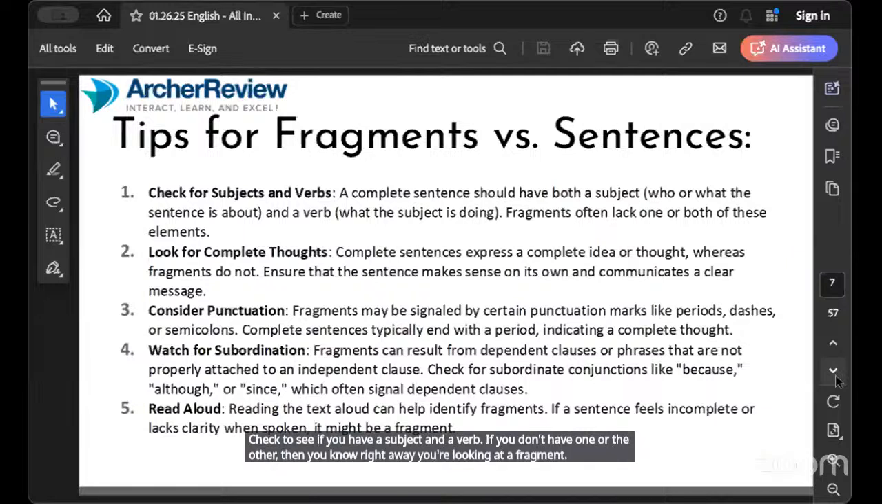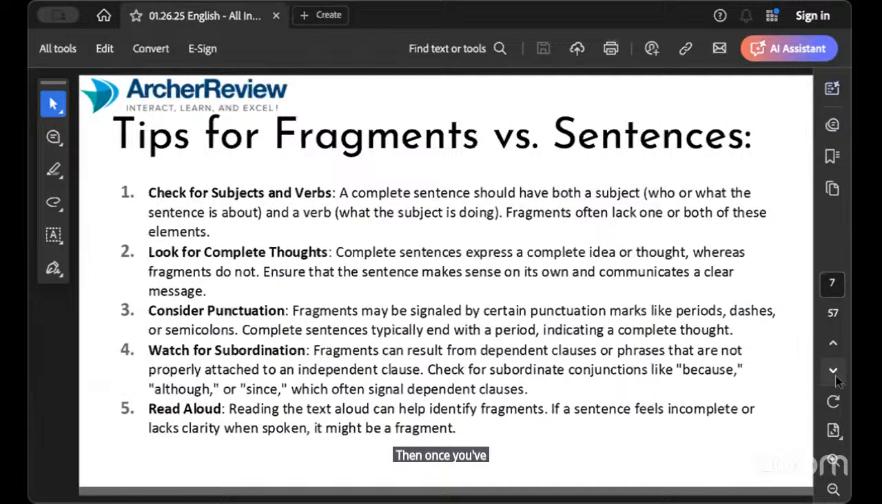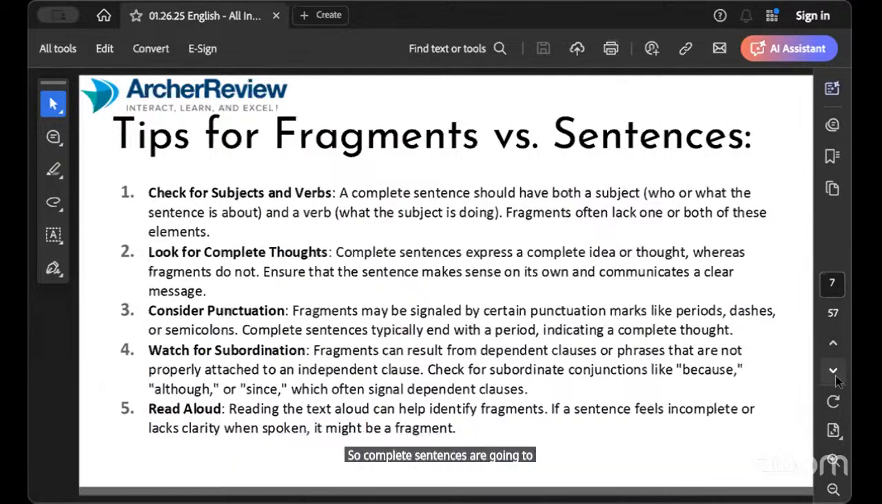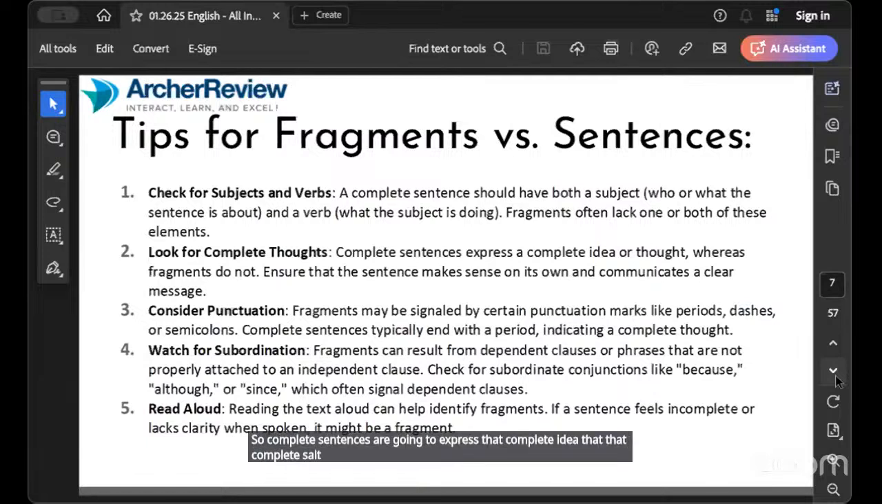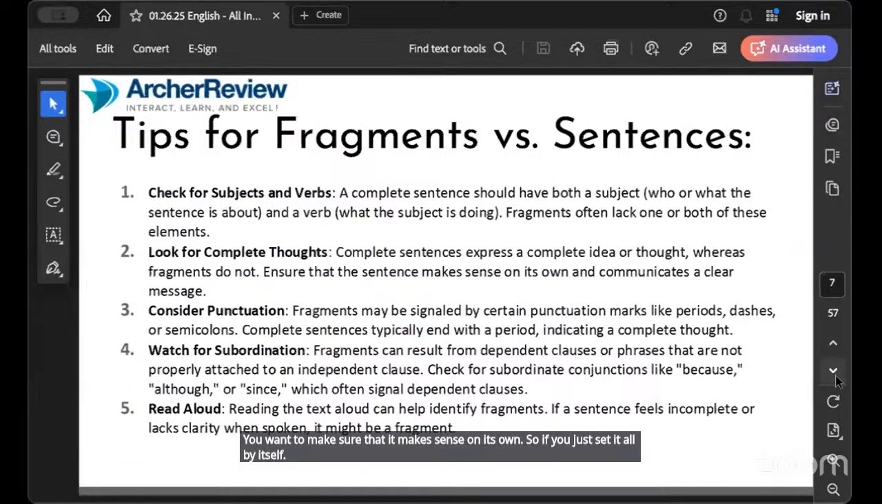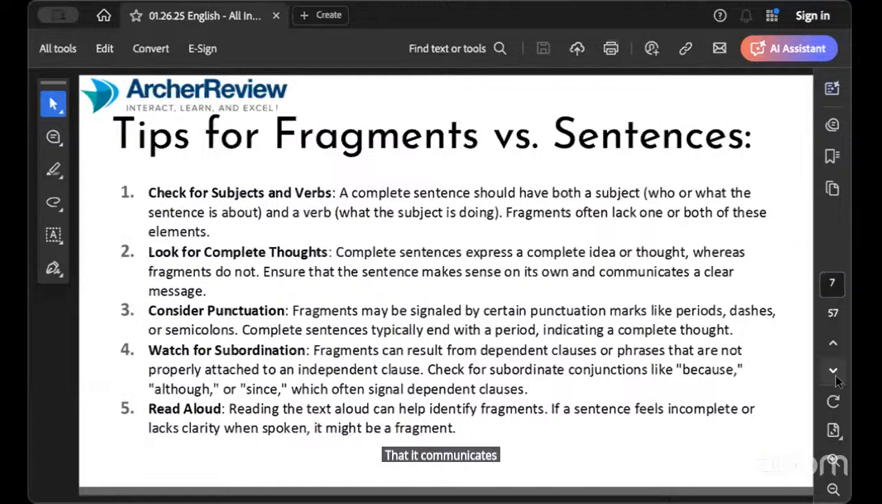Then, once you've determined if it has a subject and a verb, ask yourself, is it expressing that complete thought? Complete sentences are going to express that complete idea, that complete thought, whereas fragments will not. You want to make sure that it makes sense on its own. So if you just said it all by itself, it communicates clearly to the reader what the intended message